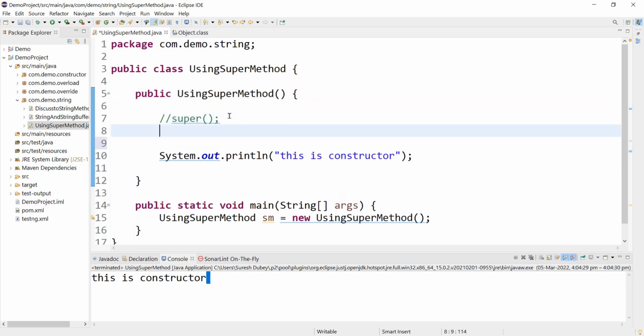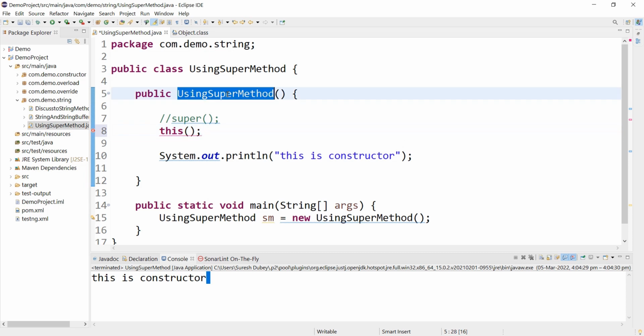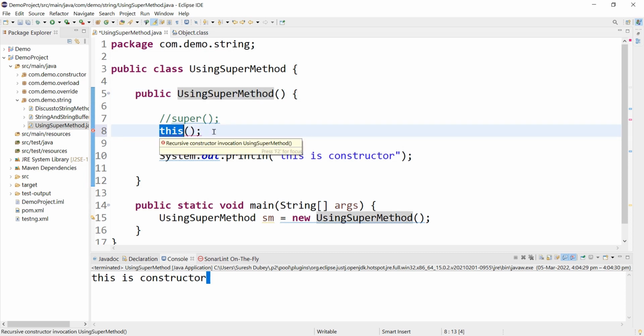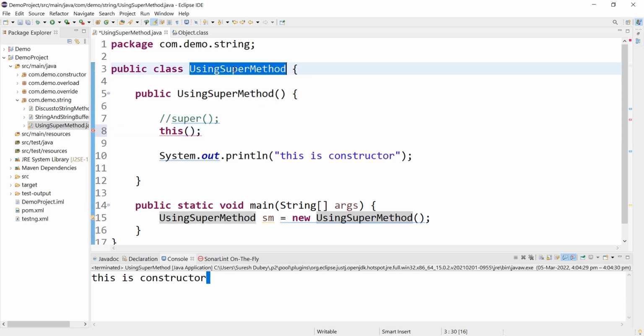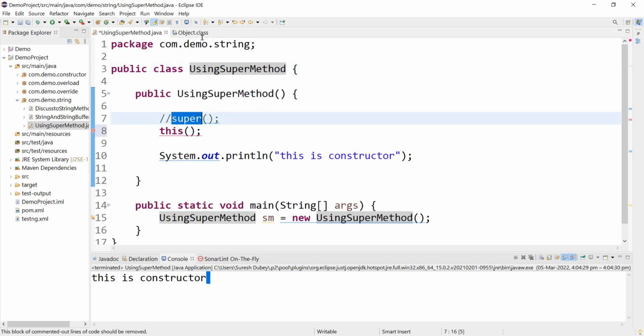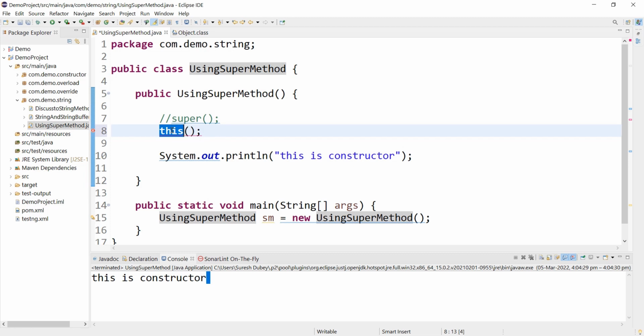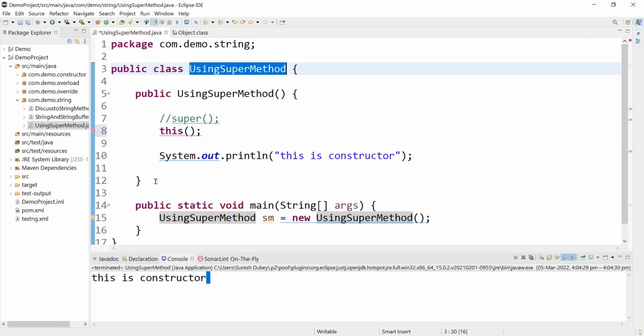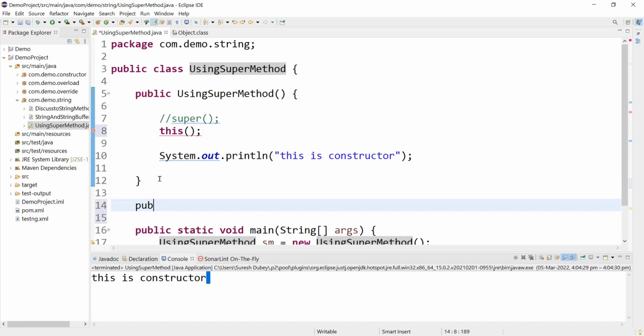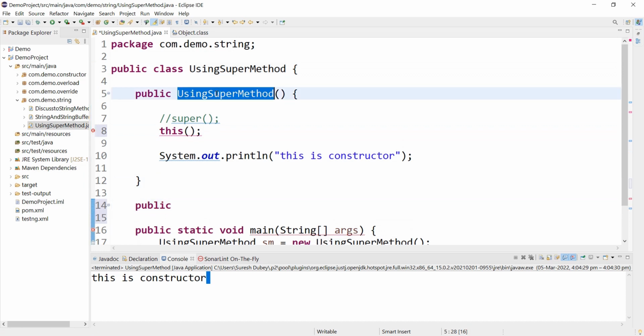What about the this method? There is one more method that is called this. That should also be the first statement in your constructor. What this method does is it calls the constructor of the same class. The super method was calling a constructor of the super class, and this method is going to call a constructor of this class only. So suppose here I have another constructor,